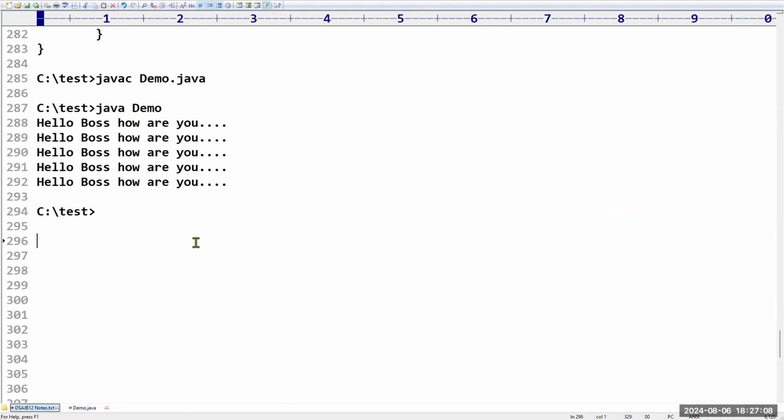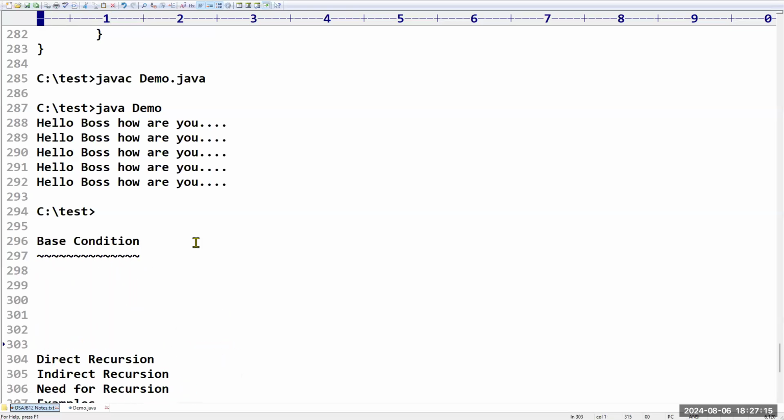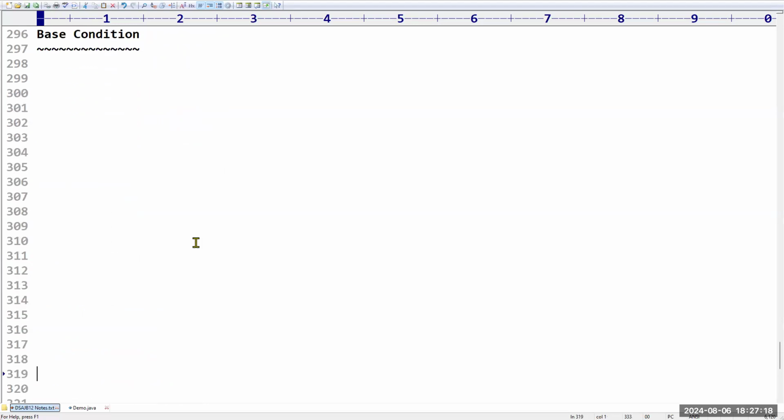What is the next one that we have? Very, very important, observe carefully. Base condition. Very, very important concept. Majority of the students are going to ignore this. What is this base condition? To terminate, or to stop the flow of execution, or to break the loop, to break the method call,